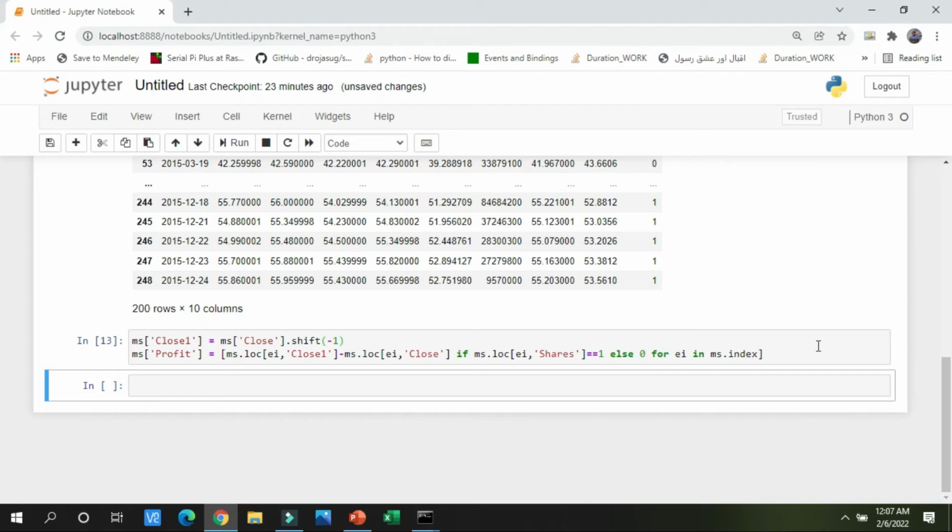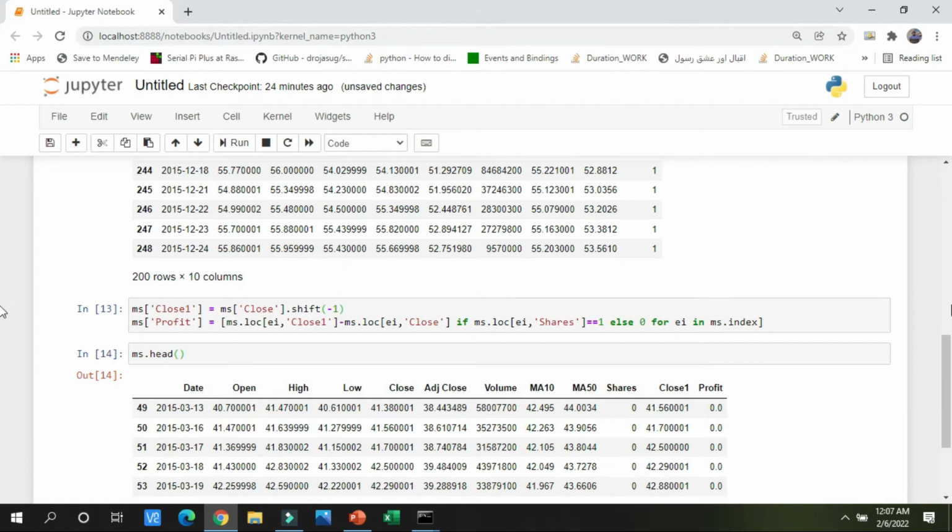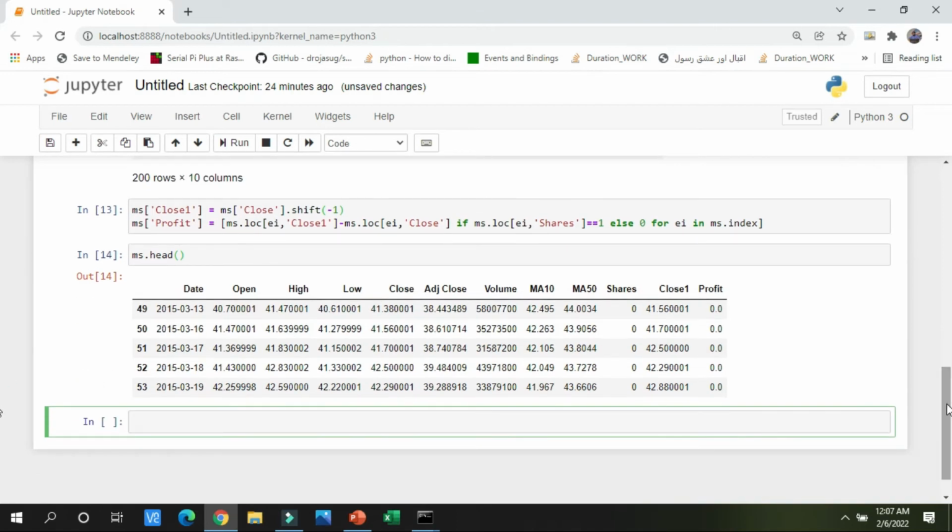You can see it is working perfectly. And now what I have to do, before doing all the things, I want to see whether the columns of close one and profit are created and the profit is computed or not. So you can see the profit column and the close column are already generated, and this profit column is basically computed with the difference of ms close and ms close 1. And when will there be profit? The profit will be computed only when we have bought and held the stock,